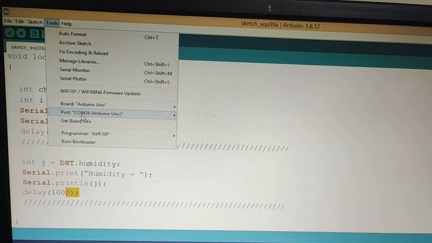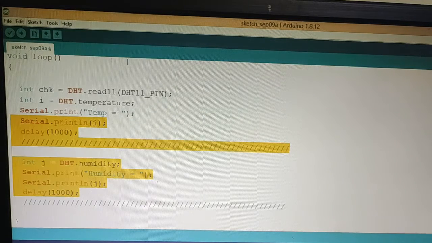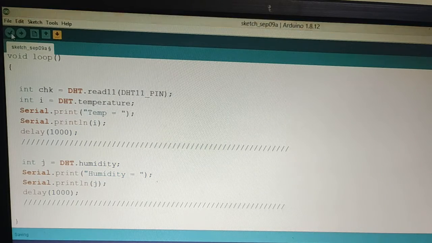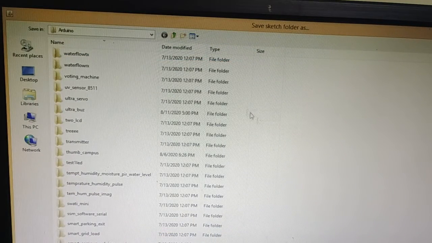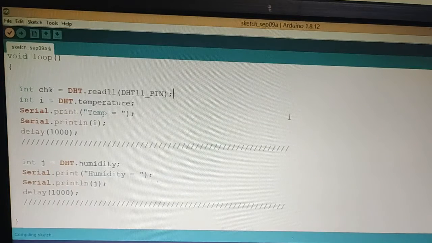Under tools, the board name is Arduino Uno, and the port name is COM26 for my system. First I need to compile the code. If it asks for a file name, you can either escape or put a name for the file. If it is error free, it should print here done compiling.